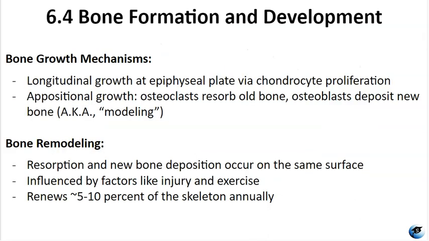Bone growth mechanisms involve the epiphyseal plate for longitudinal growth and appositional growth for increased diameter. Longitudinal growth is facilitated by hyaline cartilage cells forming tall columns at the epiphyseal plate and within the articular cartilage. The rapid division of cells at the top of these stacks thickens the epiphyseal plates, leading to the lengthening of